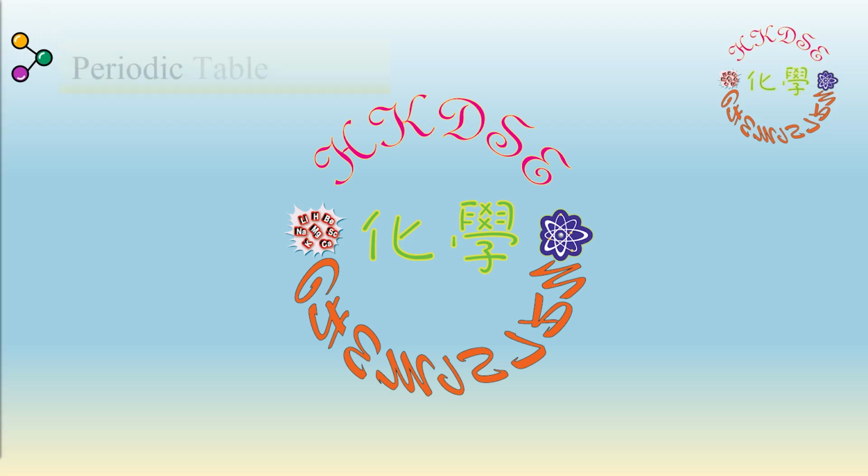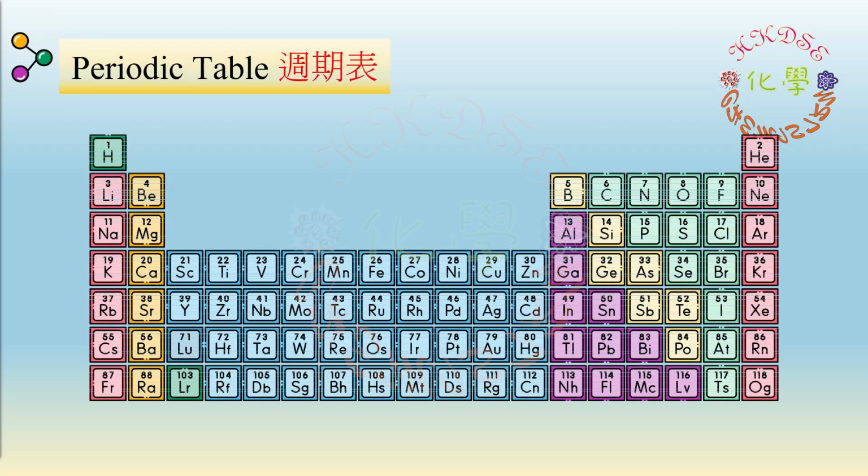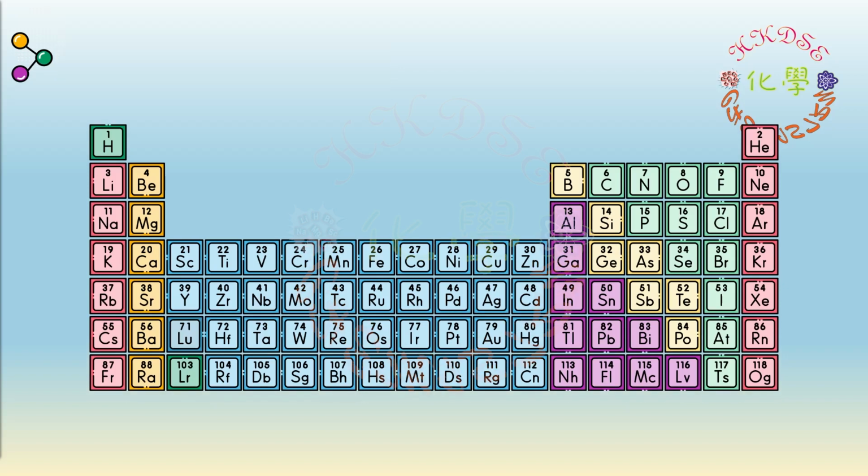In this video, I am going to talk about the periodic table. In the past, scientists have discovered a lot of different elements. The idea of the periodic table is to arrange all the discovered elements in an order that exhibits repetition of